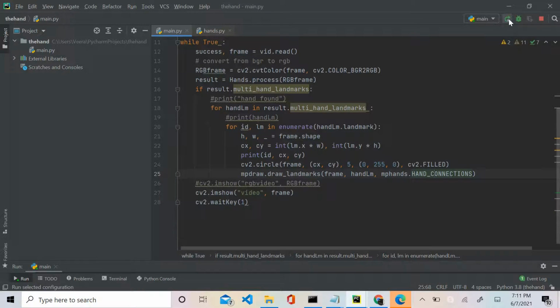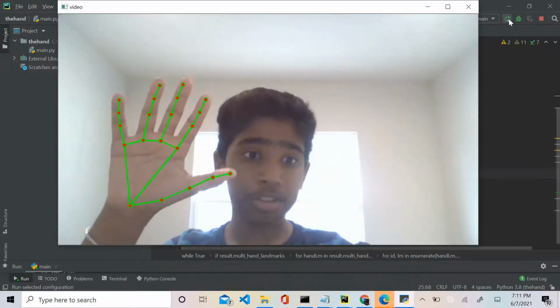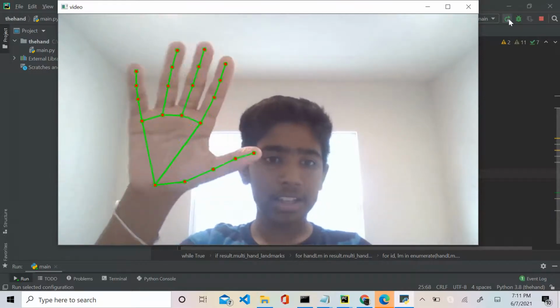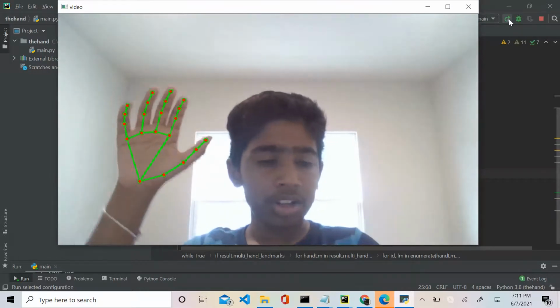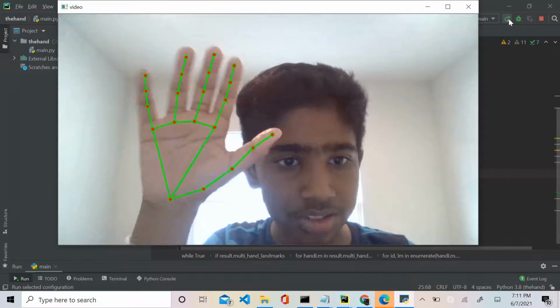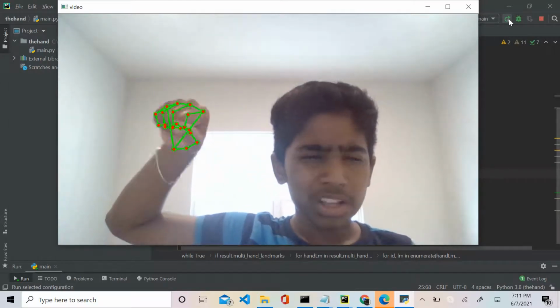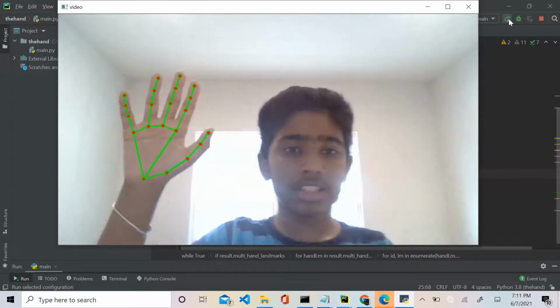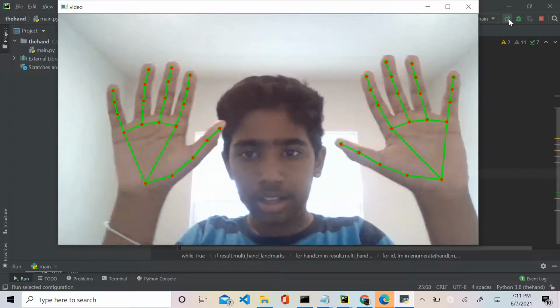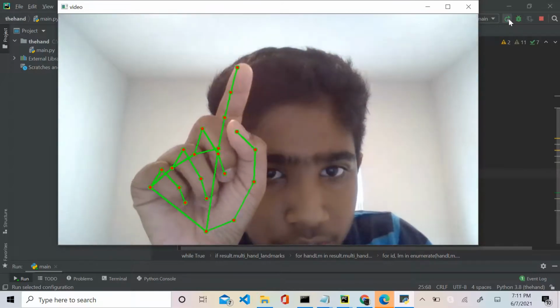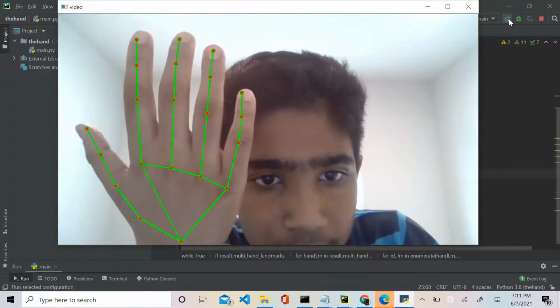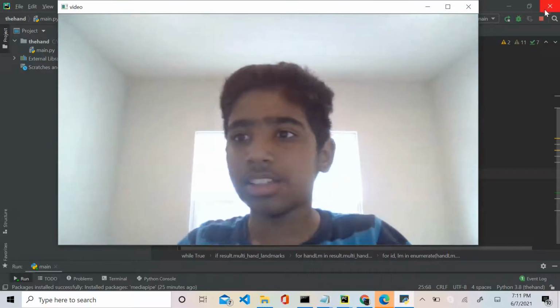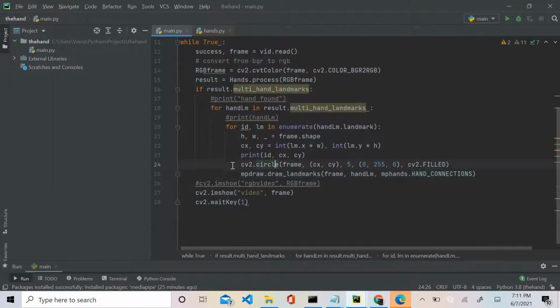So as you can see right now, it should be able to draw connections through my hand. How freaking cool is that? And to be honest, this doesn't quite look that good. You can see there are small circles around my hand. The reason is because we are drawing circles over here. So let's comment that out real quick, and if we run it right now,